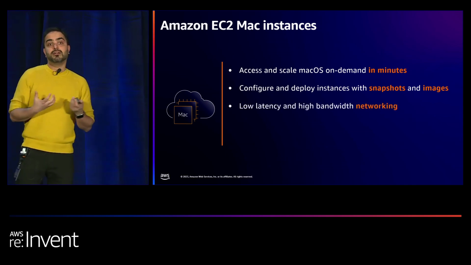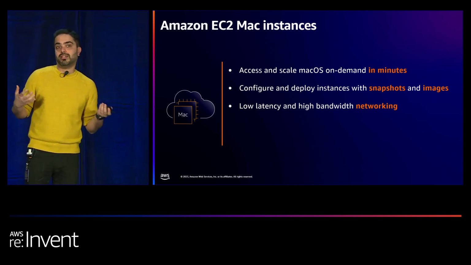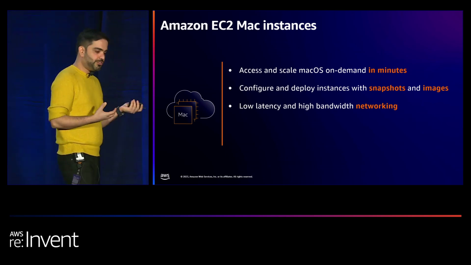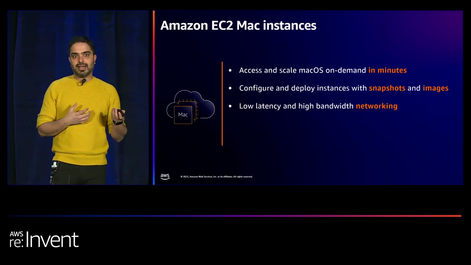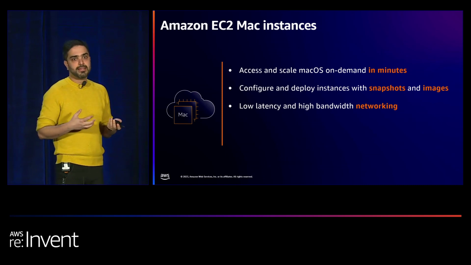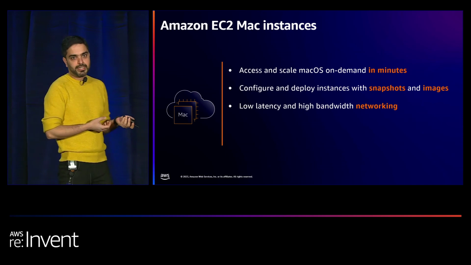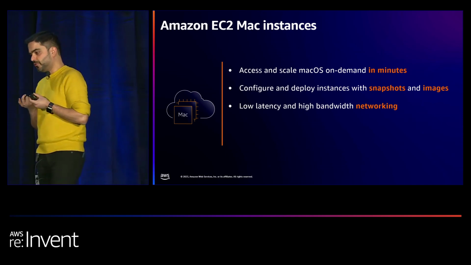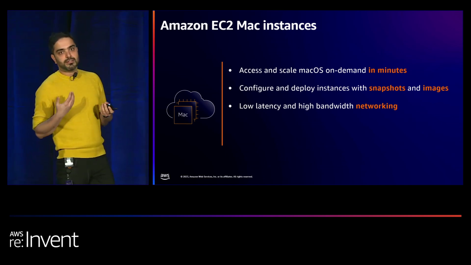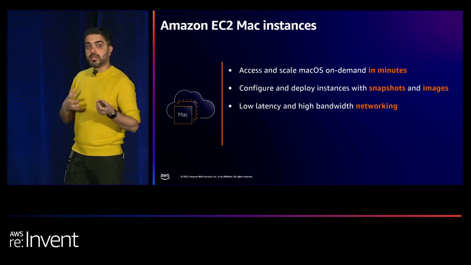Then another thing which we learned talking to the customers that the customers really loved was the concept of Amazon Machine Images, or AMIs. Re-imaging macOS on a physical Mac hasn't always been easy. There are a lot of services and third-party solutions that try to provide that service. But if you have a physical Mac running a specific macOS version, say Monterey or Ventura, then re-imaging that to run, say, Sonoma can take time and effort, and sometimes it is not feasible